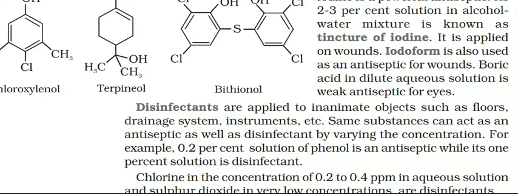Another example of the same substance is chlorine. Chlorine is used for making water fit for drinking. And in that, we add 0.2 to 0.4 ppm, means parts per million, of chlorine in water. At that time, it will be acting as the